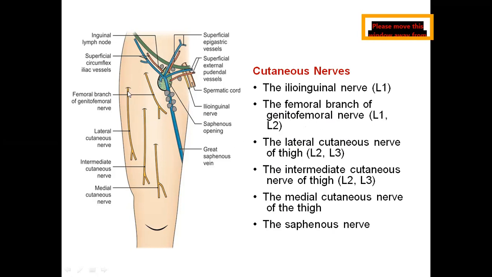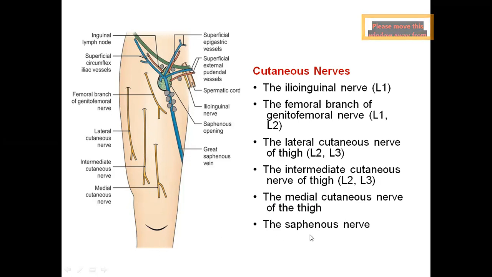Then we have this nerve, see the position of this nerve, it is lateral, that means away from the midline. That's how it is named the lateral cutaneous nerve of the thigh. Root value is L2, L3. Of course, it will be supplying the lateral aspect of the thigh region. This one is very much near to the midline, you call it the medial cutaneous nerve of the thigh. And in between them we have the intermediate cutaneous nerve of the thigh. Of course, the saphenous nerve is not shown. Below the knee joint, you will see there will be one longest cutaneous nerve coming from the femoral nerve.